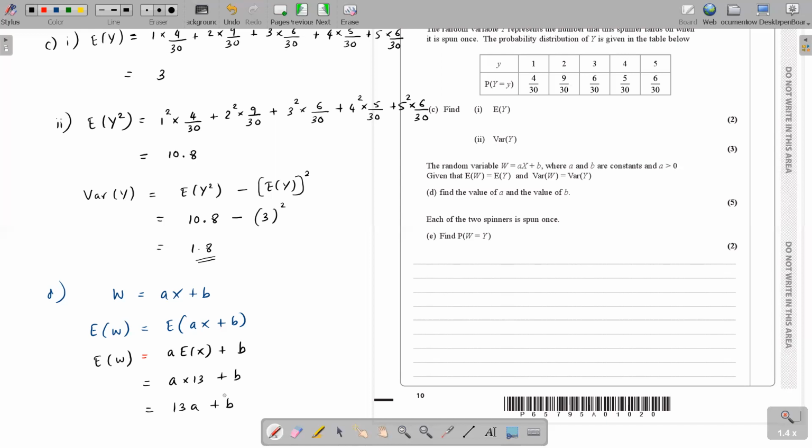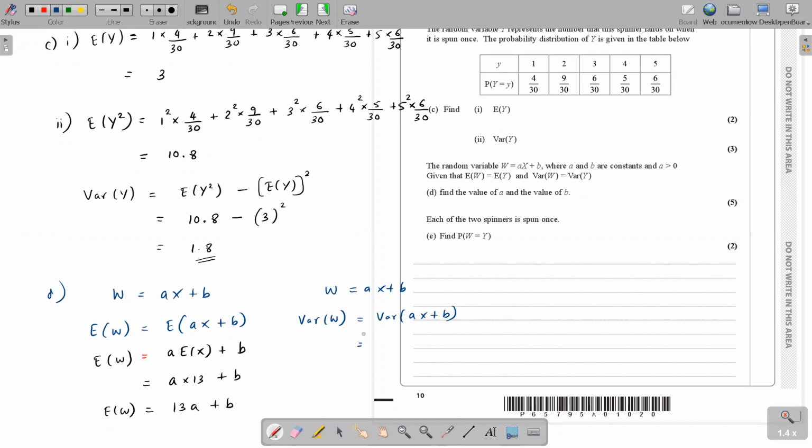Okay, children? Similarly, what you have to do again: E(W) value I found. Also get what? Variance of W. Are you guys with me? So W equals AX plus B. Get the variance with this. How do you get the variance of W? Take the variance of both the sides. Can you all remember how to open a variance when there is a multiplication and when there is addition? There's a very special way to open it.